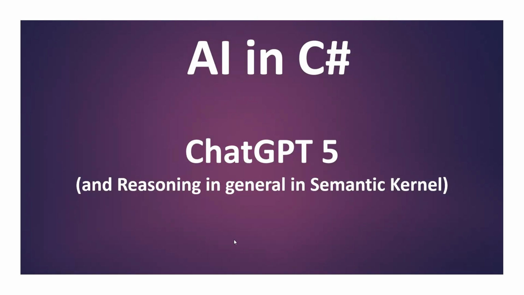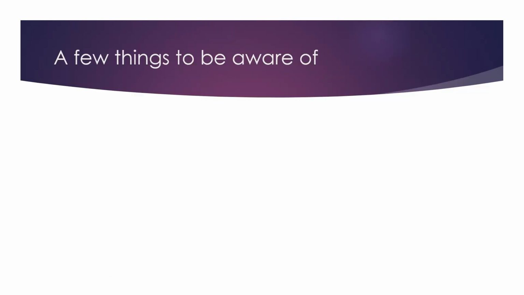Hi, and welcome to this AI in C# video about using ChatGPT 5, in this case in Semantic Kernel. The reason for this is that this is actually a kind of different model. If you just come from ChatGPT 4.0, which was a non-reasoning model, this is actually a reasoning model by default and works a little more like the O3 model, the O4 model, and so on. So there are some subtle differences you need to be aware of when switching. Overall, if you haven't done any tweaking, it will actually just work. But a few things to be aware of.